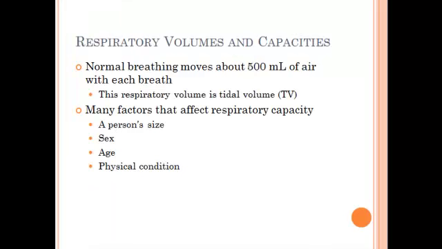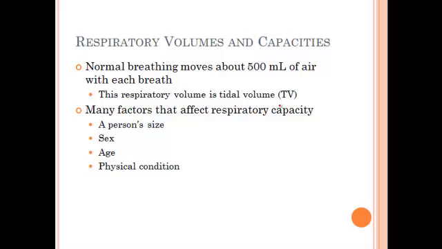So a normal, healthy person breathes in about 500 milliliters of air with each breath. This is half a liter. So if you think about a liter bottle, when you buy a liter bottle of soda or something like that, half of that's about the volume that you breathe in and out. So not necessarily a lot of air moving in and out. And of course, that's under normal circumstances. You're not working out, you're not getting your heart rate up, you're not needing more oxygen. So this is just resting capacity that you're pulling into your body.